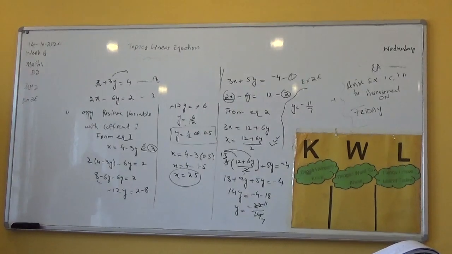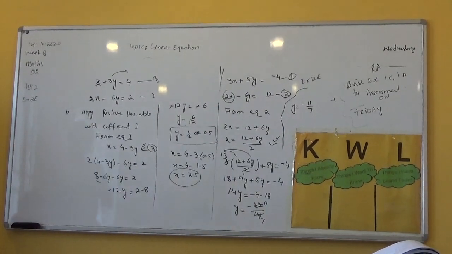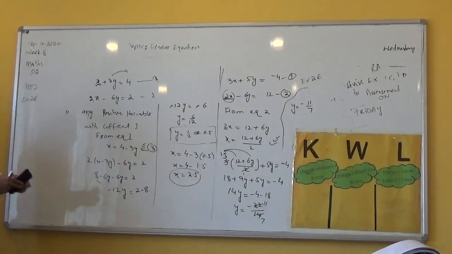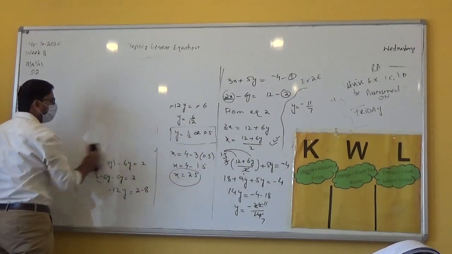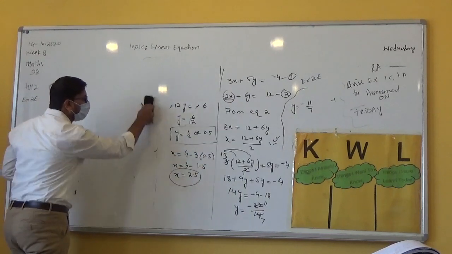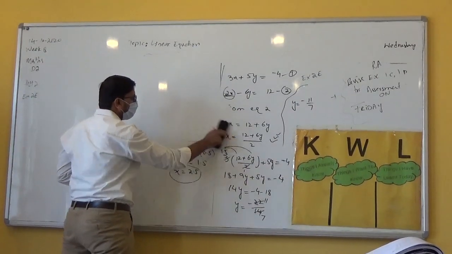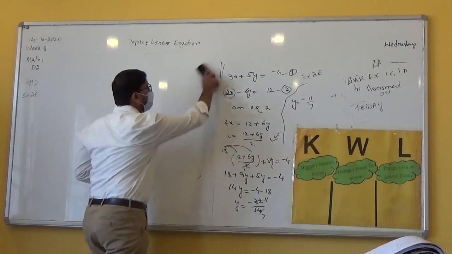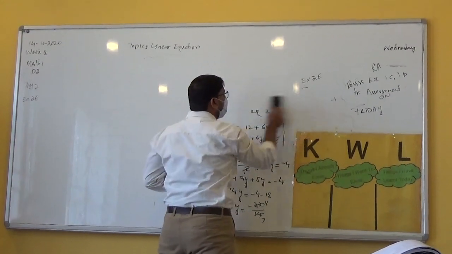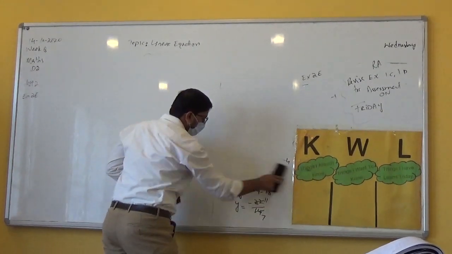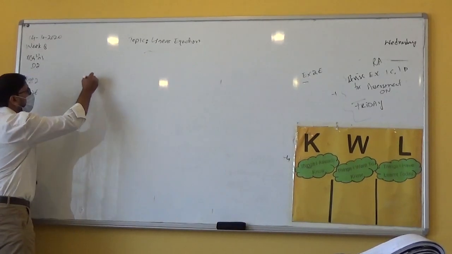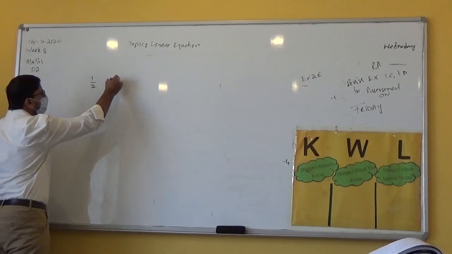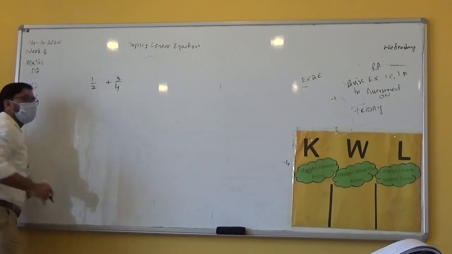Okay, next. Now, if instead of this one, we are given a fractional question, what do we have to do? Do you remember the algebraic expressions when you are given those in fractions? What is the LCM method and HCF method? LCM method for the fractions. Okay. Now tell me one thing. If you are given a question like this, 1 by 2 plus 3 by 4, how would you solve this?